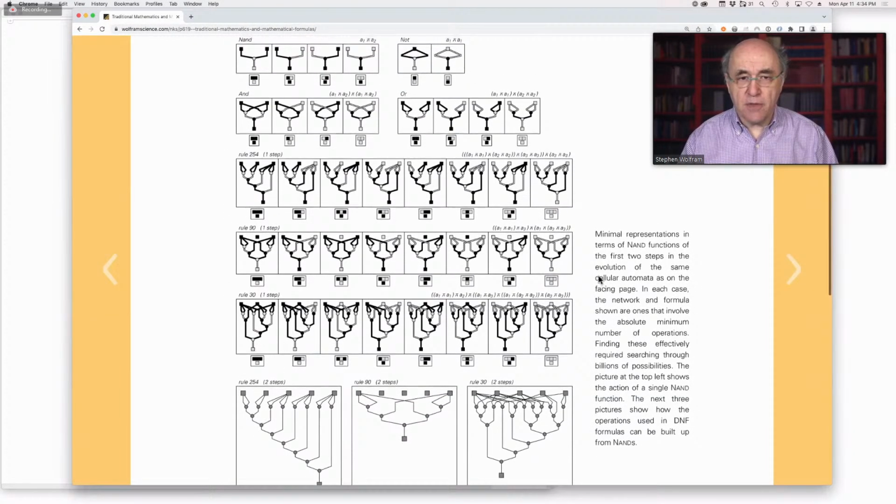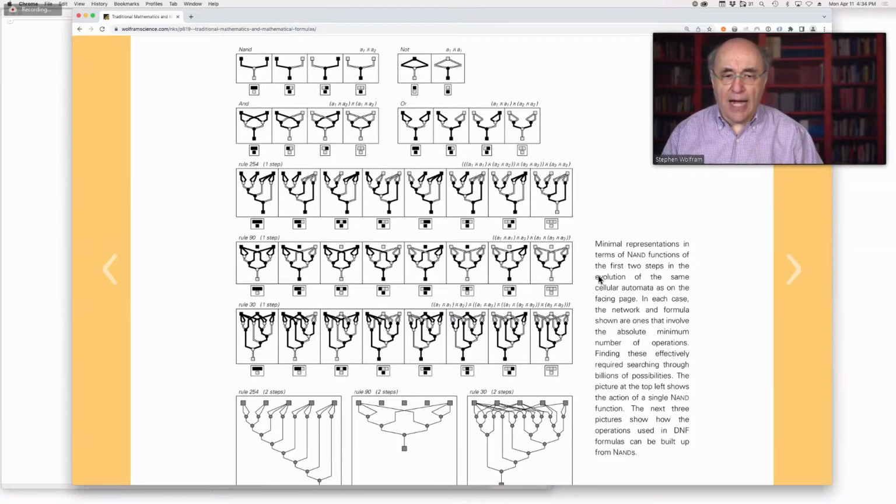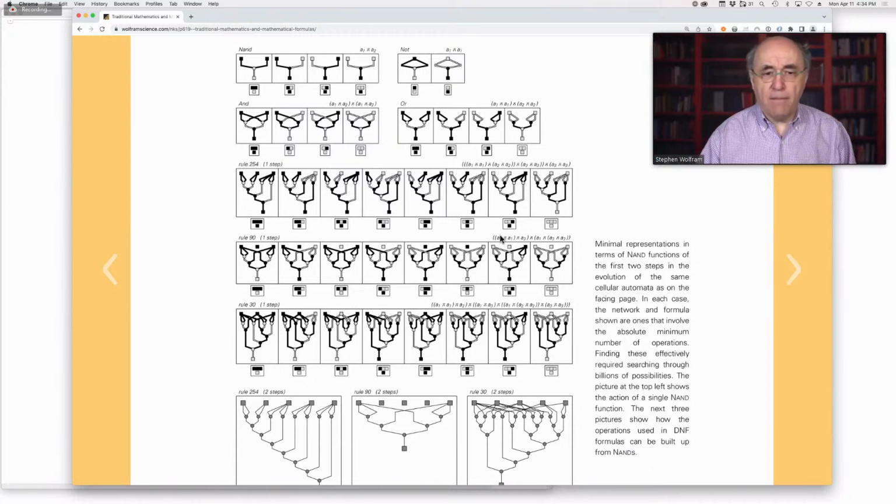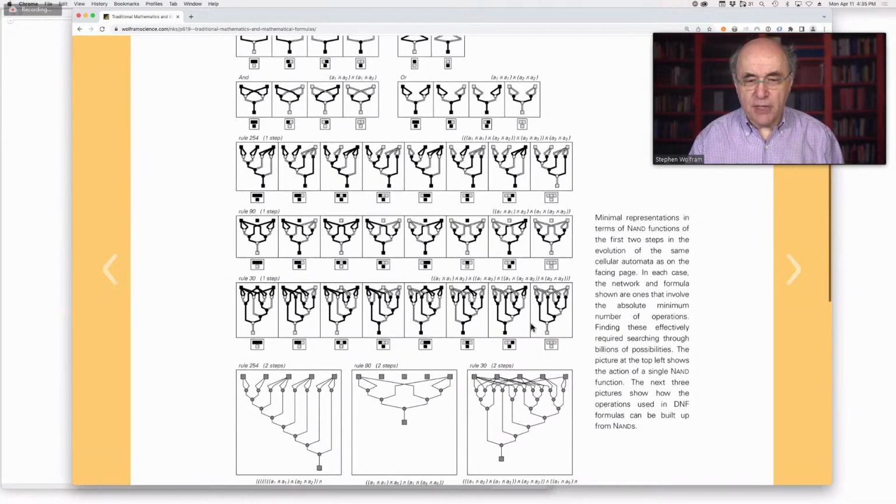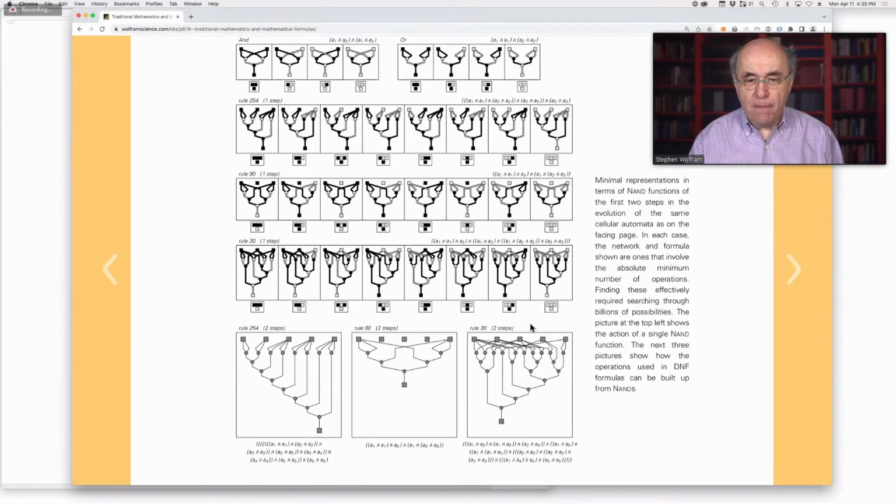Okay, this is in terms of NAND. This is the actual true minimum in terms of NAND. This was very hard to compute. Most Boolean minimization is done in terms of DNF, for example the disjunctive normal form, just 2 levels, ands of ors. This is asking, if you make the function that you want purely out of NAND, what pattern of NAND gates produces the function you want? Actually, this would be a fun thing to follow up on. This took some computational effort, but I'm sure it could be done better now.